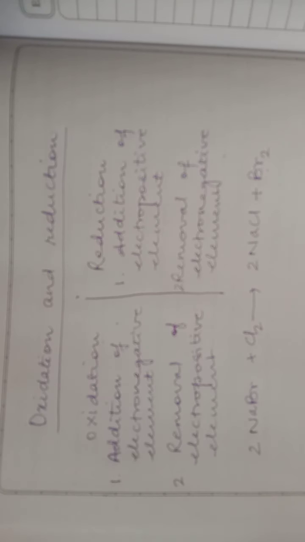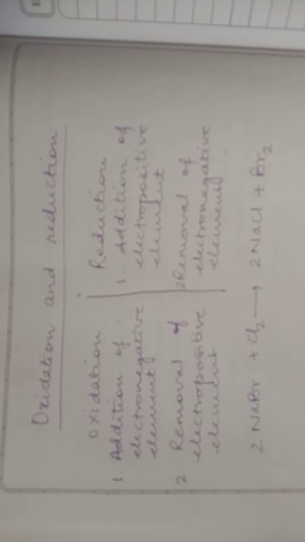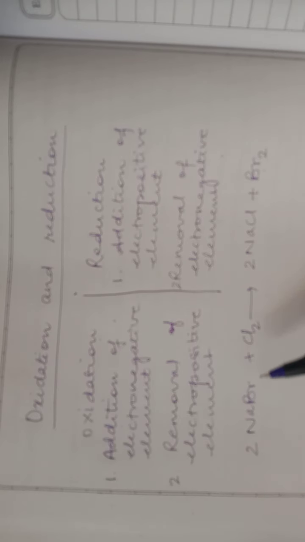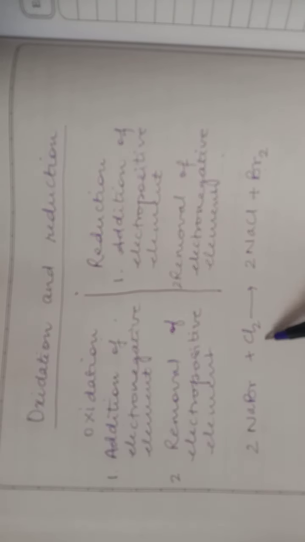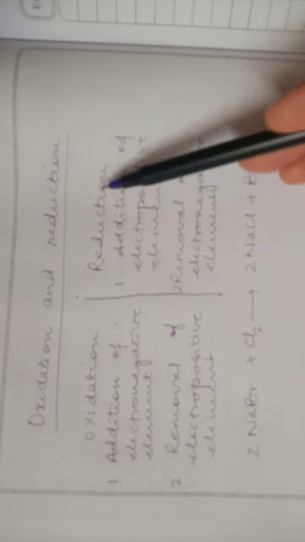So here if we understand the terms, the oxidizing agent and the reducing agent, or if we have to see which substance has reduced and which substance has oxidized. Here, since Cl2 brings about oxidation of NaBr, we will call Cl2 the oxidizing agent. Now there is reduction of Cl2 which has taken place. Why? Because here Cl2 becomes NaCl, where this is an electropositive element. So addition of electropositive element is reduction. So this is the reduction.